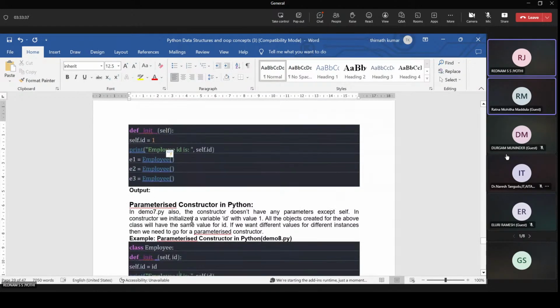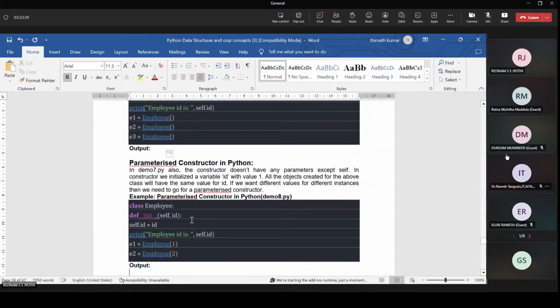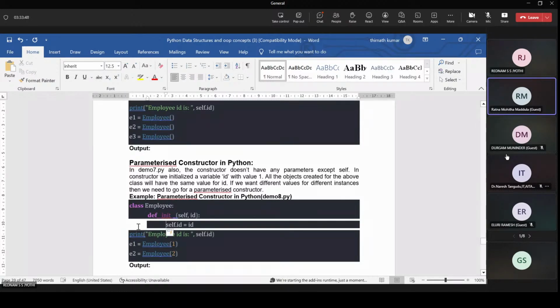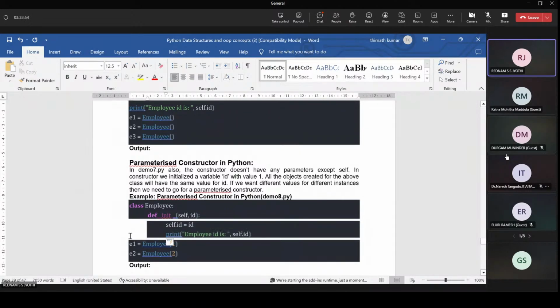Next, parameterized constructors in Python. Okay, so this is the employee class. The init method is the constructor.